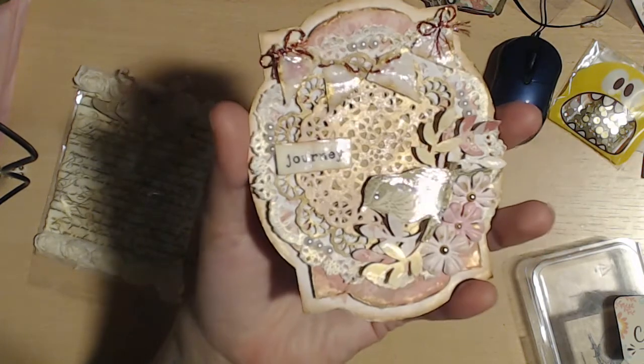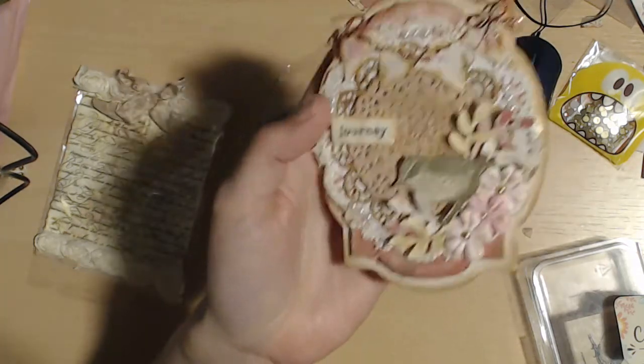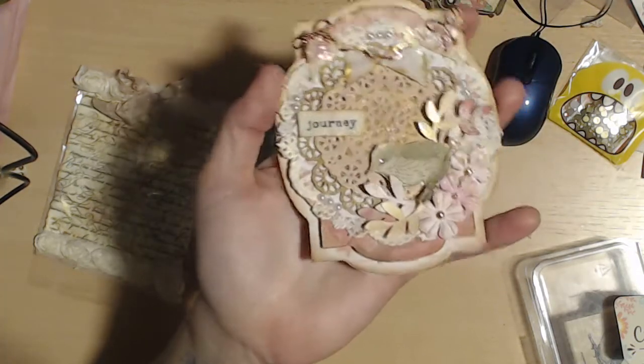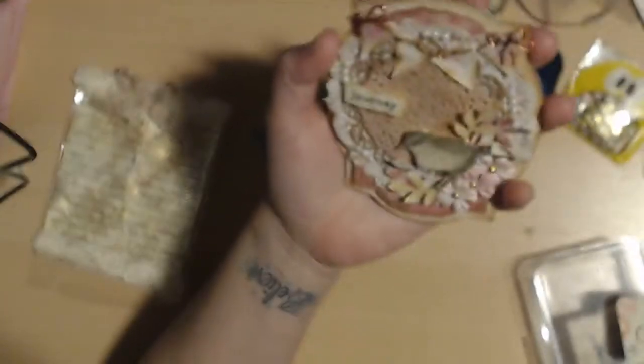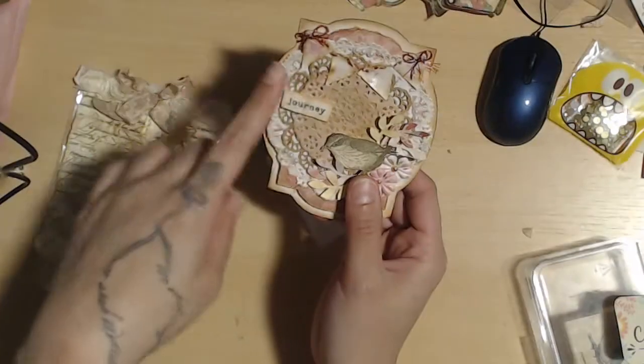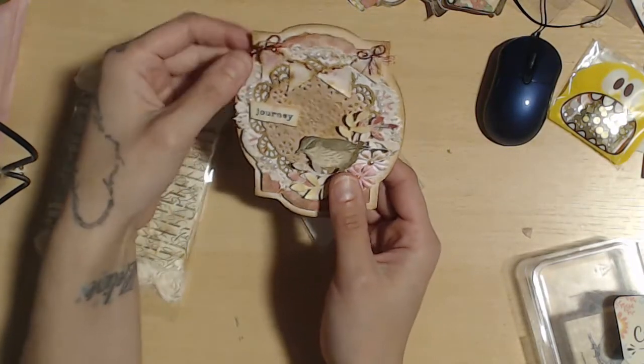So it's super shiny, but not obnoxious. On the bird, the journey, and my banner, I did put Glossy Accents because I do like that little bit of a shine. So there's that. And then for this banner, because I thought it'd be cute to put a banner on a banner,